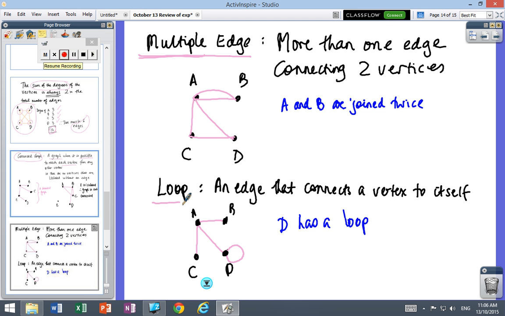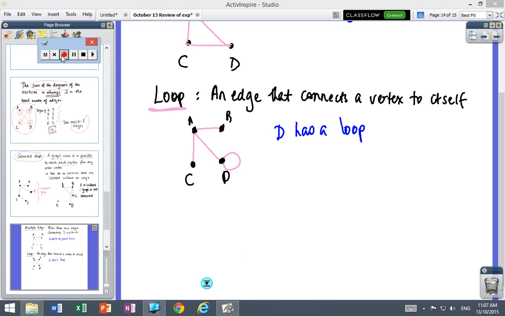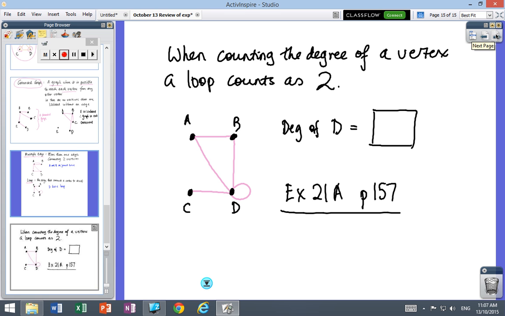Recording. Okay, and the second word we want to use is the word loop. If you've got an edge, watching guys, if you've got an edge where it connects it to itself, like a circular road, an edge that connects a vertex to itself is called a loop, so D has a loop. And next slide. Okay, so,